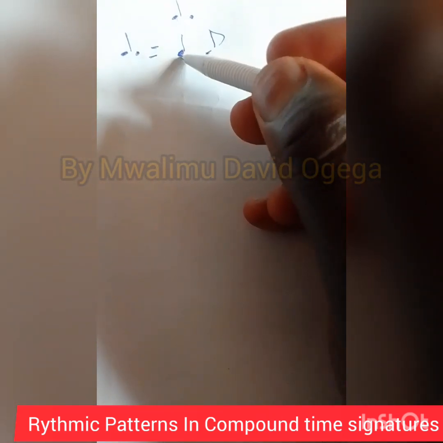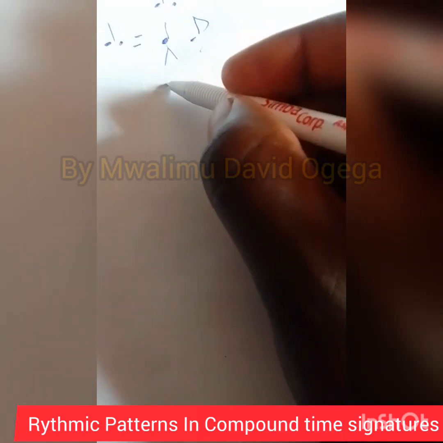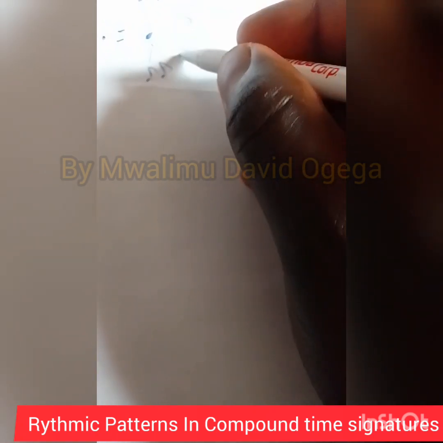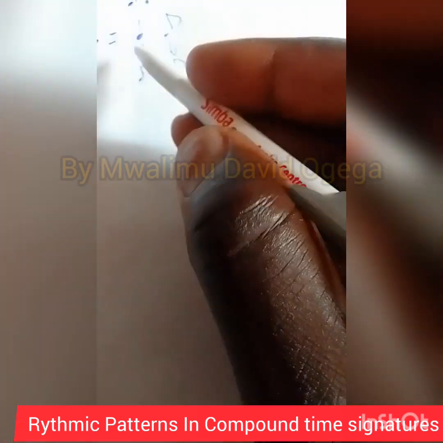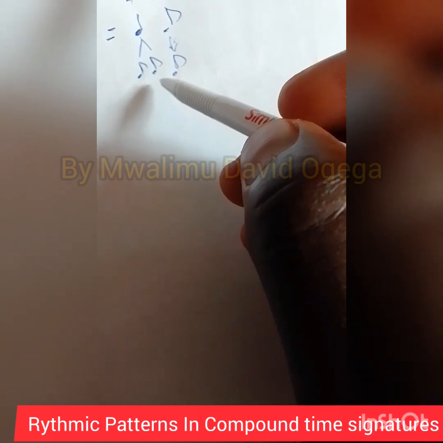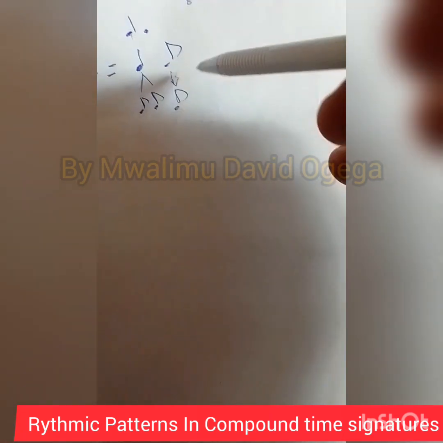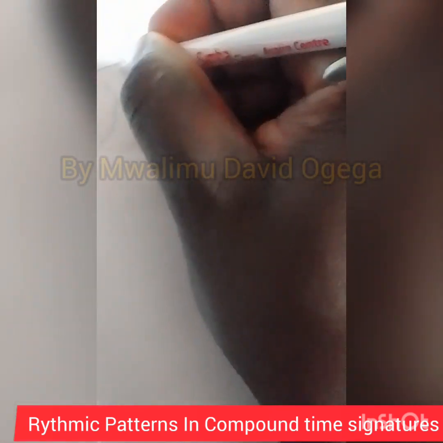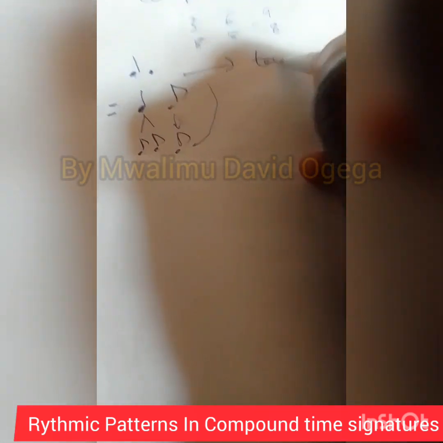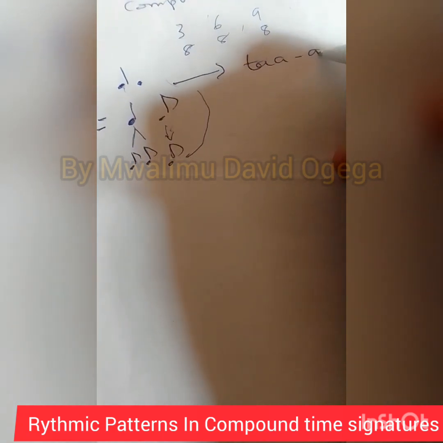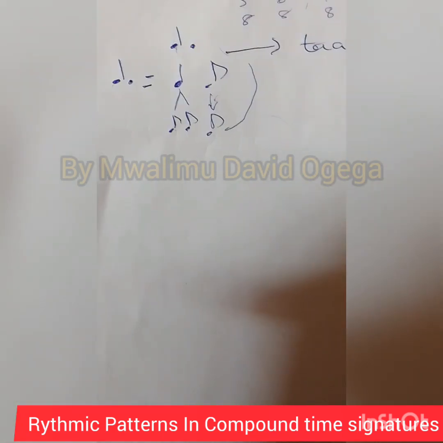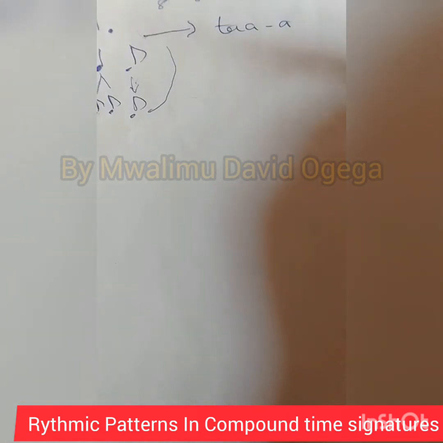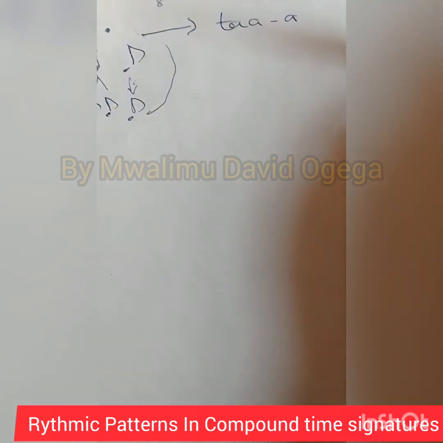From here we can divide this crotchet into two halves, which are quavers, and we bring this one down. Now we have three quavers, which are made from a dotted crotchet. The French name of a dotted crotchet is ta. If you clap that rhythm using that French name, ta ta ta ta